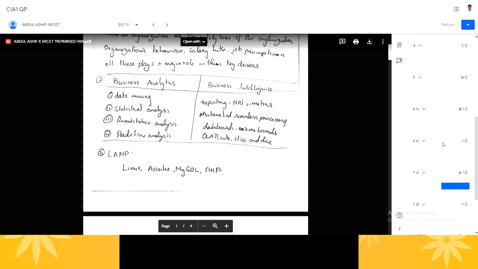So I have included levels in the questions. If I am completely satisfied with the answer given for question number 6A, then I can simply click on this option, and 12 marks will be applied.